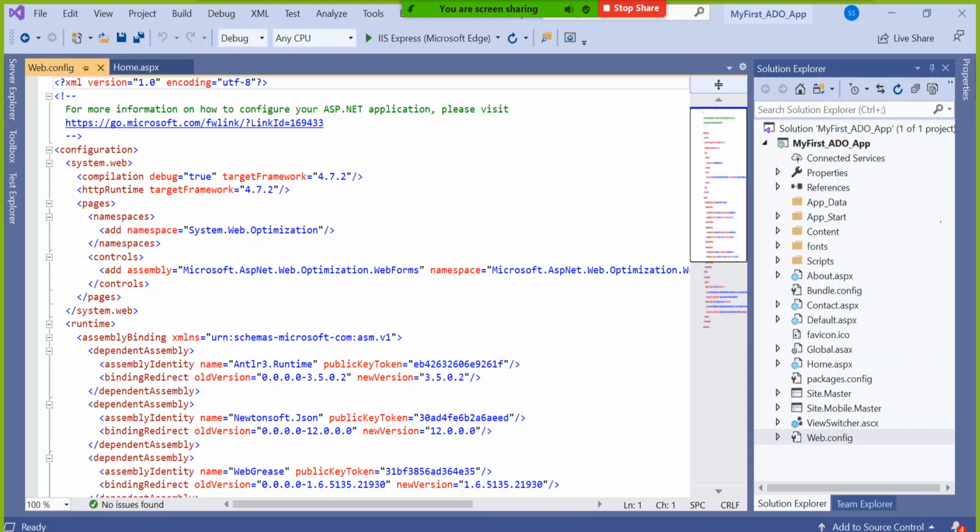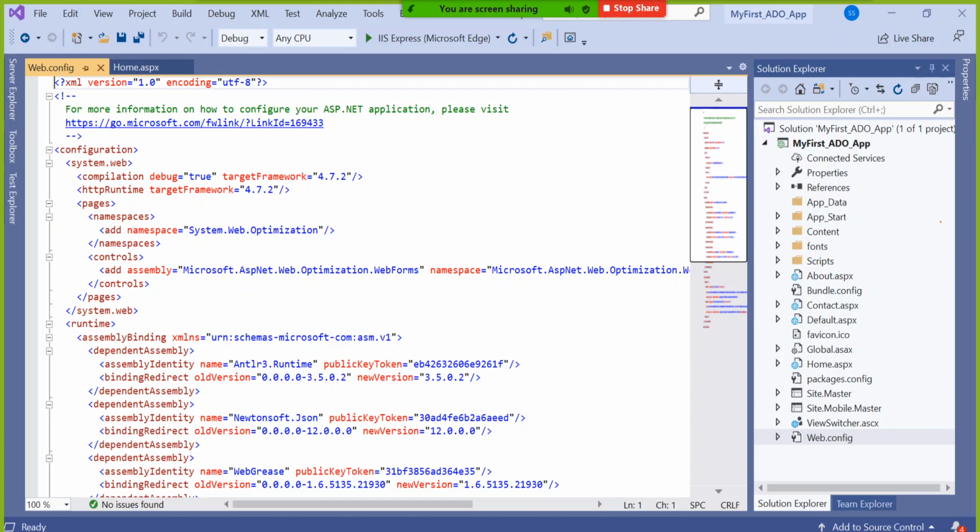What do you mean? Imagine I have 10 pages or 100 pages in my website. Now out of 100 pages, imagine around 50 to 60 pages are communicating with the database.